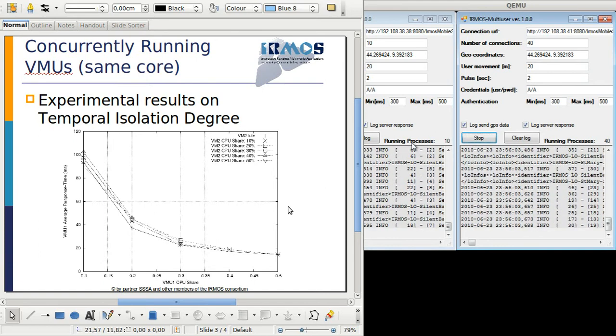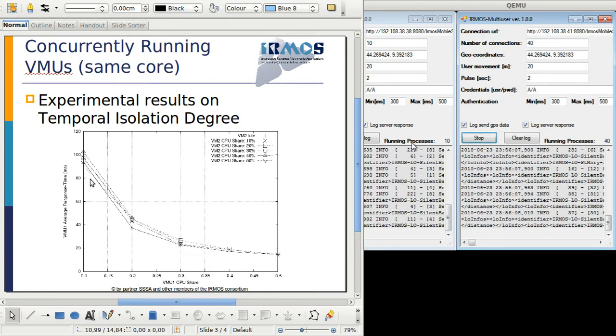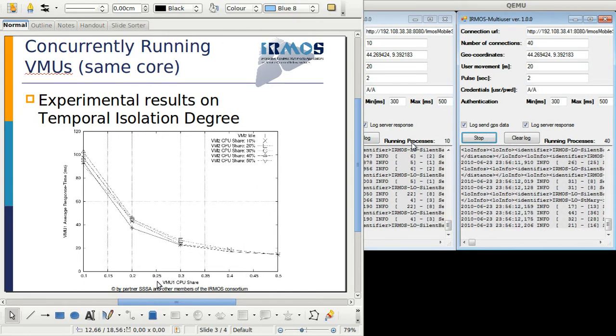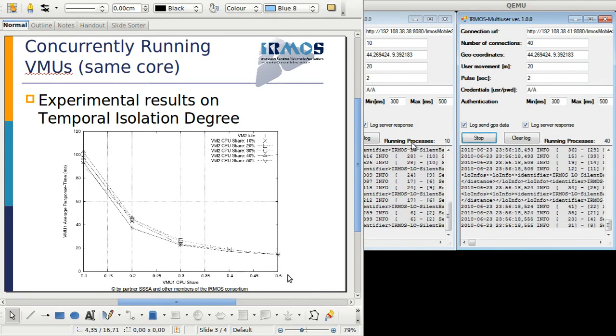This is also another interesting experiment we made, in which we show on the x-axis the CPU share of one virtual machine, and on the y-axis the average response time of the same virtual machine. And the various curves here are obtained at various CPU shares of the second interfering virtual machine.